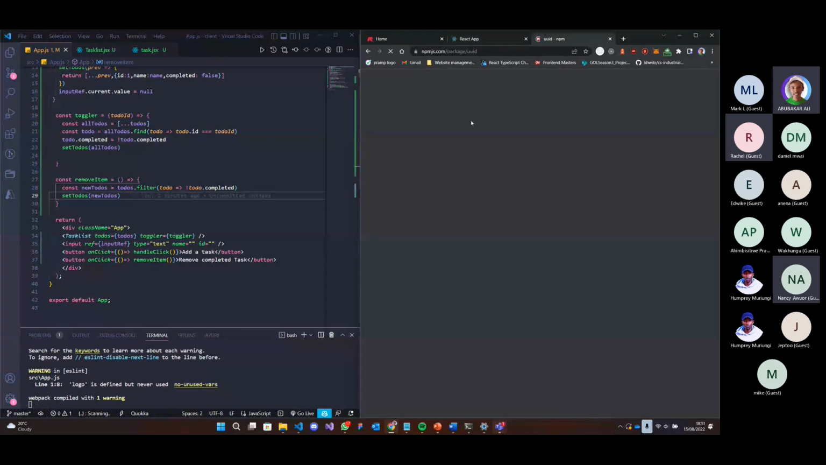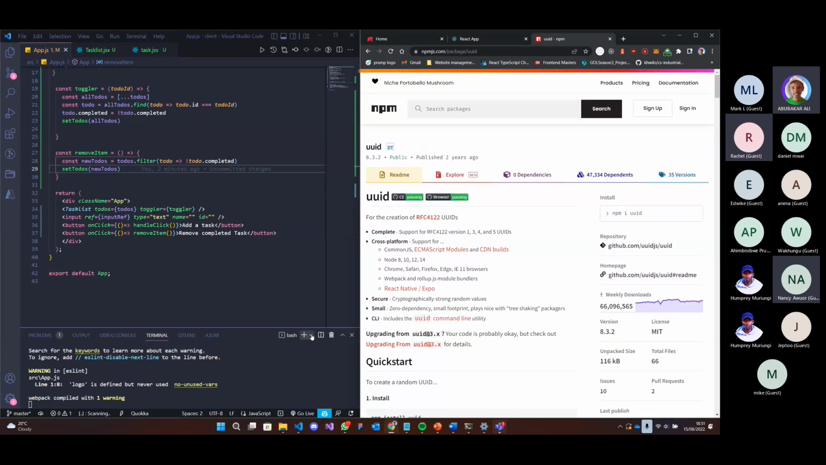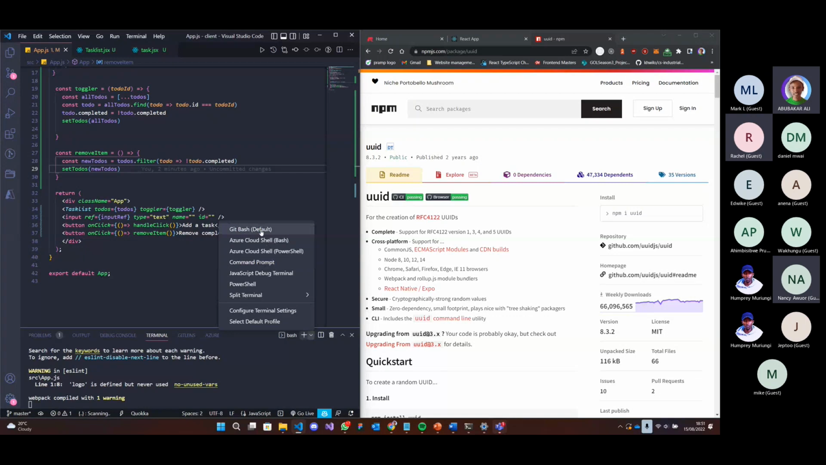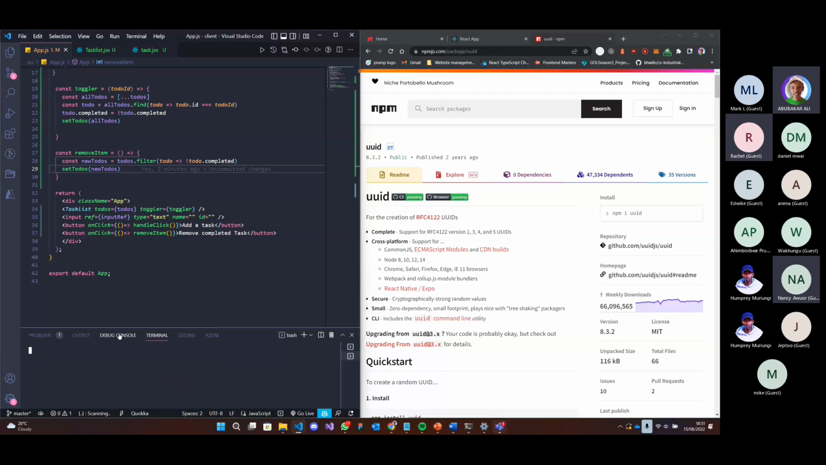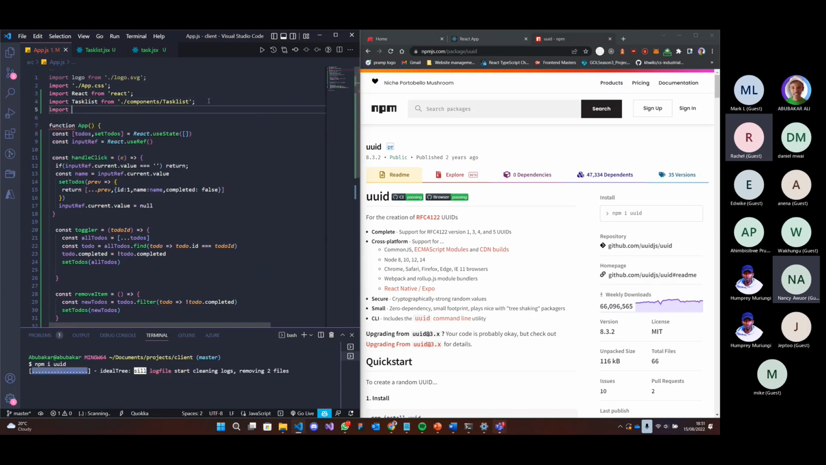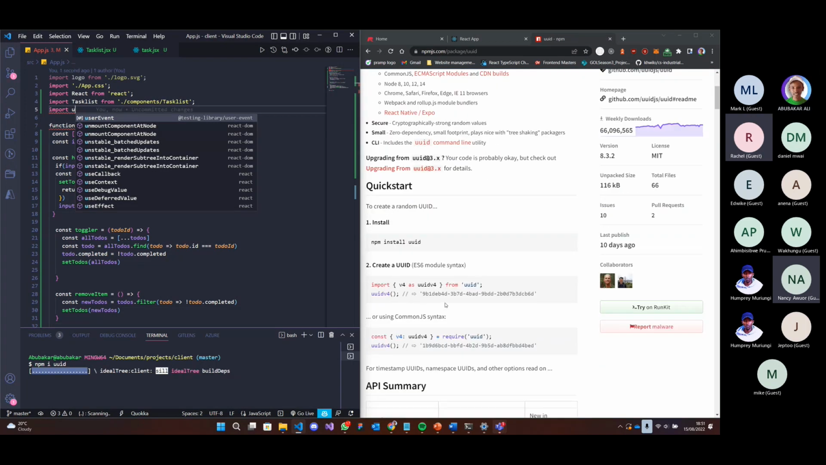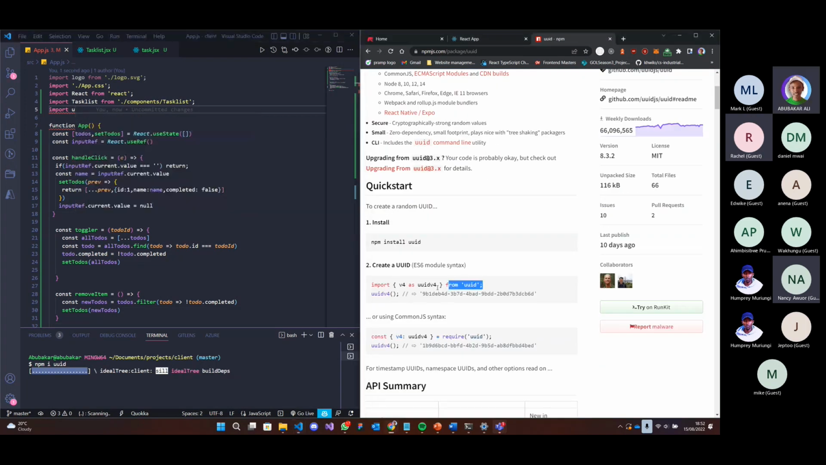I think we can just install this UID and use it. I don't think it's going to take a lot of time. One minute, very fast, so that we get unique IDs. So you can just do install UID and then just import it up here. I think it's this one. Then if you copy it,